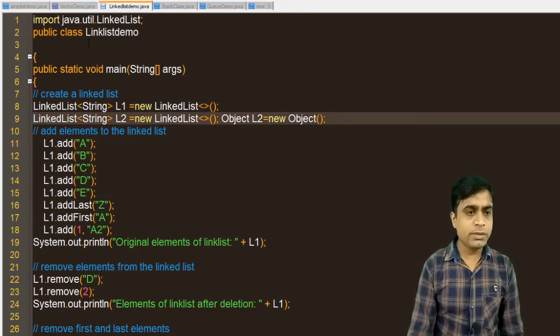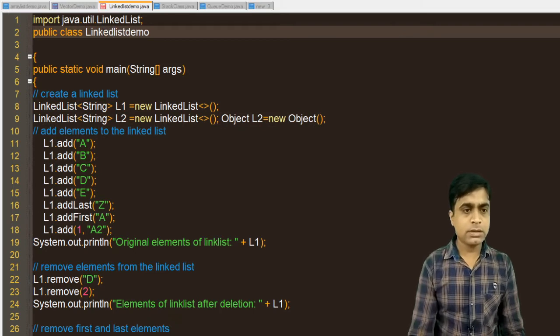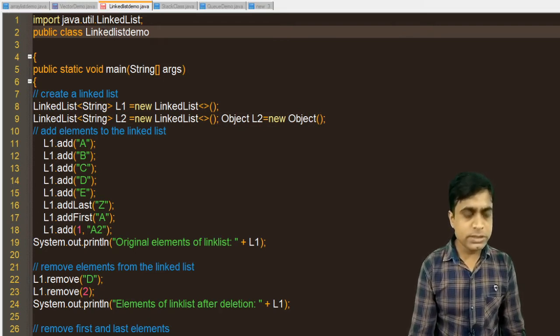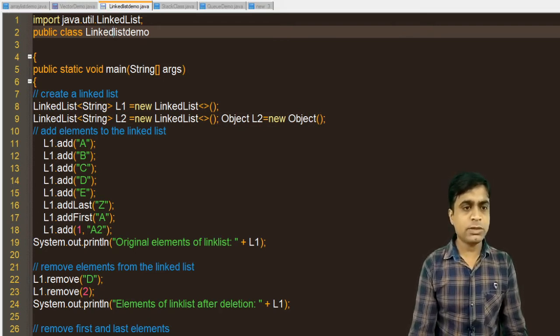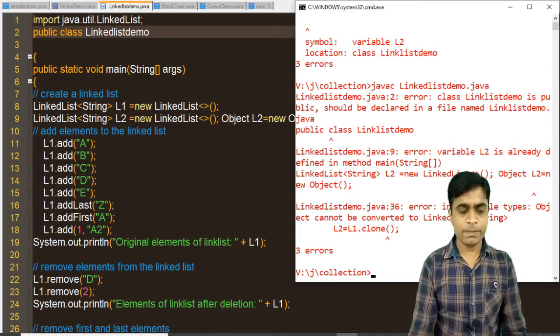Now one error is there: LinkedListDemo. I have saved this particular file using this name.